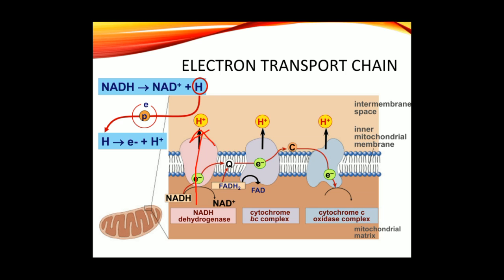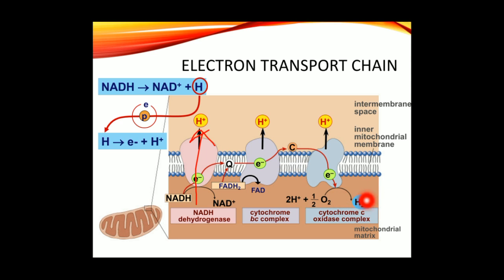as you can see, let's come back to complex 2 here. Complex 2 is also called succinate dehydrogenase. It produces FADH2, and this FADH2 again converts into FAD and releases electrons, which bind with the ubiquinone, and along with the electrons from complex 1 it travels to complex 2. The electrons from complex 2 travel to complex 3, then complex 4, and finally the electrons release energy, which activates the oxygen, and that oxygen combines with two protons in the matrix and finally converts into water.